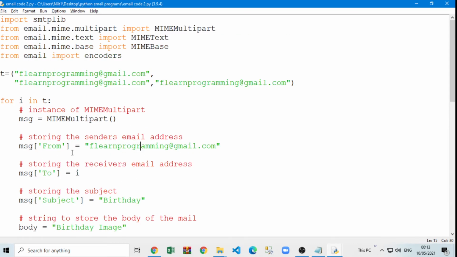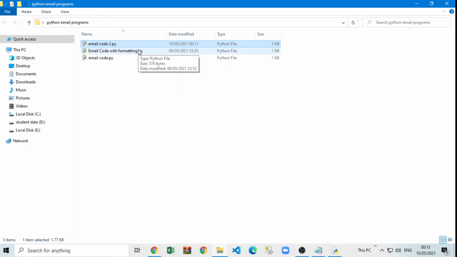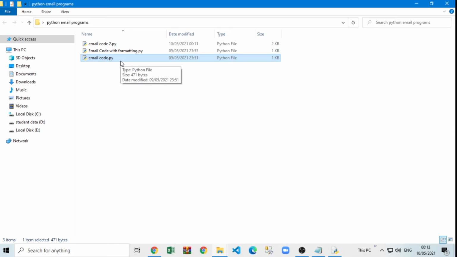Okay, so all the files which I showed you are given in the description. I will upload all the files in the description. You can try them and send emails. So see how easy it is. You can just right click, open my files, and put your email address, but my email address will not be there. I'm going to remove my email address and password, and just write "your email, your password." You have to replace that with your email and password there.